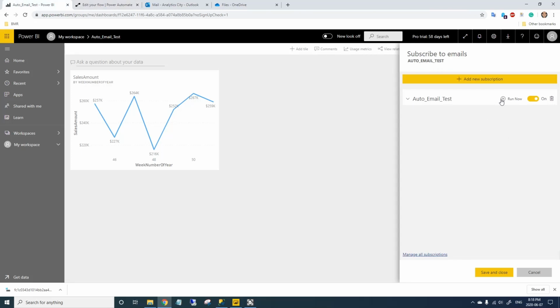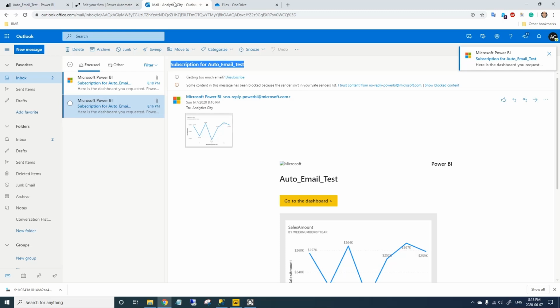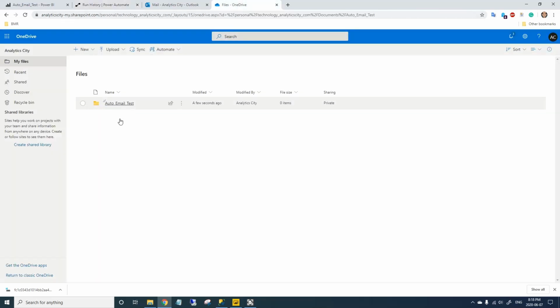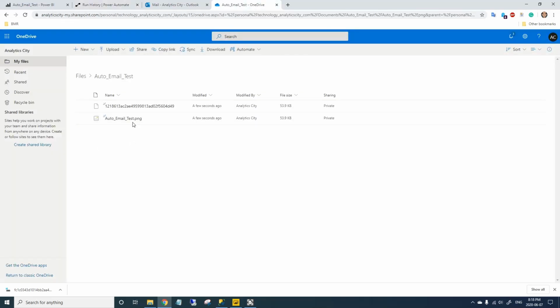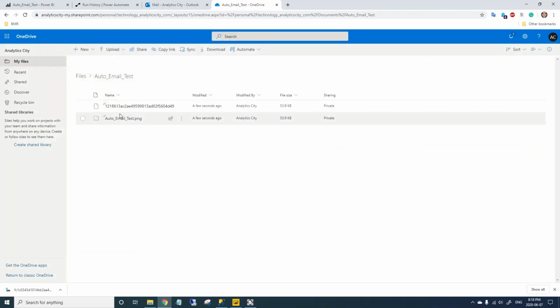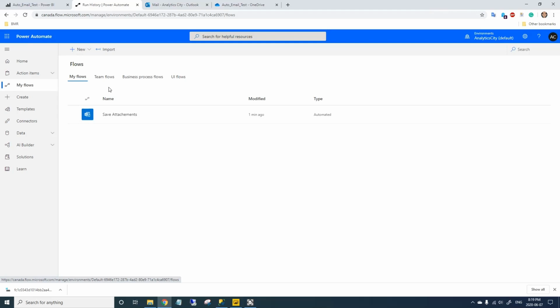To test it, we need to trigger one more. As we receive the email, our flow ran successfully. Now we might see the files inside the folder. Yes, our visual on the dashboard is here inside the OneDrive folder right now. Now we can use this file in another